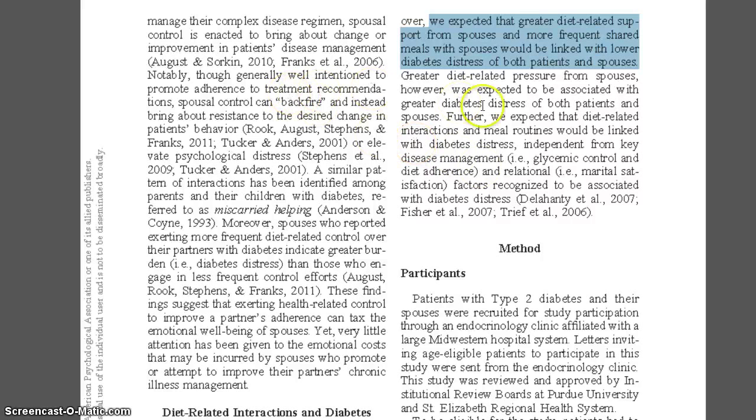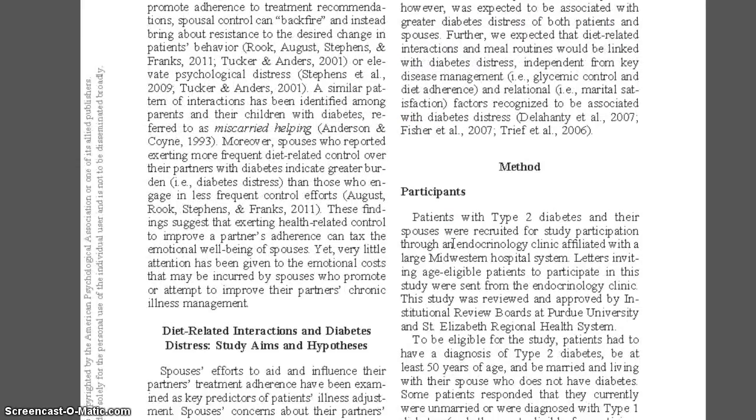If you don't have a hypothesis here towards the end of this section, see if you can find something listing the aims of the article, or sometimes it may just have the research questions. We'll walk around next week to compare what you have and make sure you understand what you're seeing there. Into the method section,